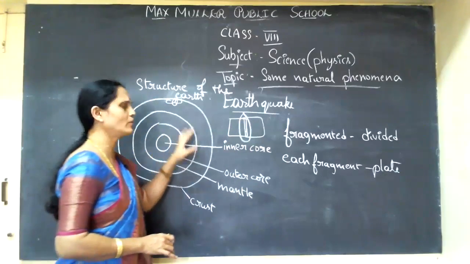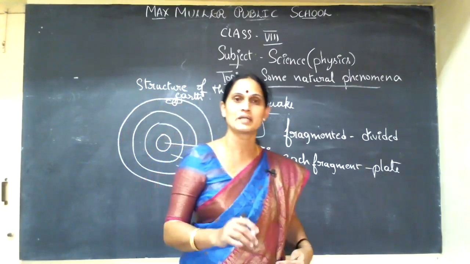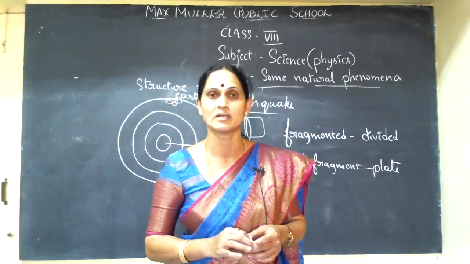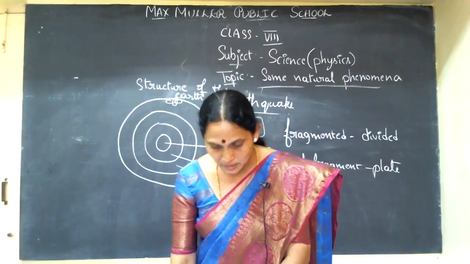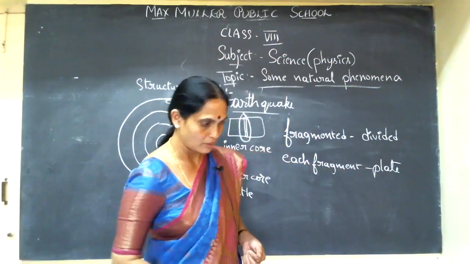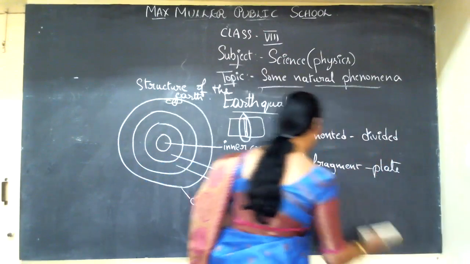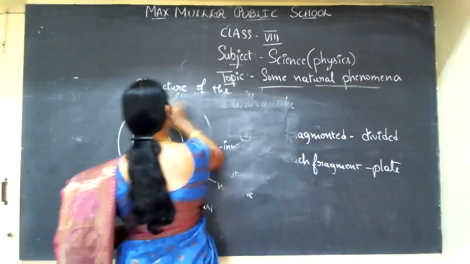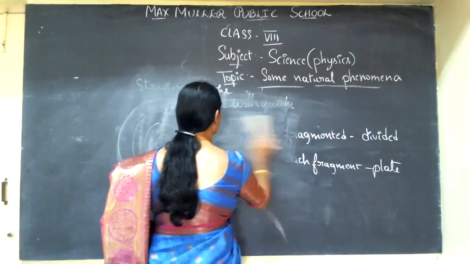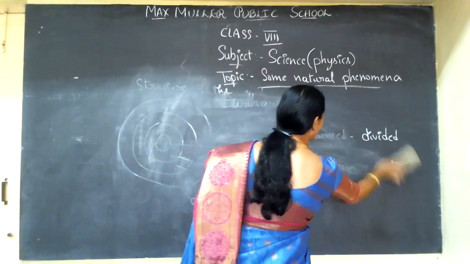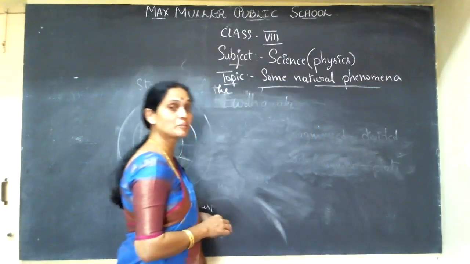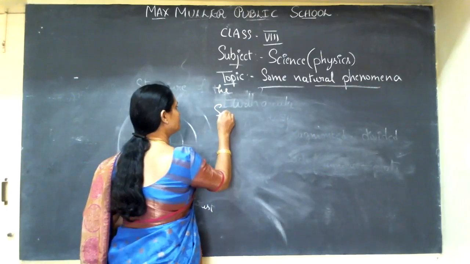Usually an earthquake will not be major. If it is major, as I said, there will be a lot of loss. Here they have given where measures can be taken. There are places, particularly in the border areas, when you consider India, the Kashmir borders. Wherever there is a border, the plates have more disturbance regularly, more movement of the plates. So that place is called a seismic area.